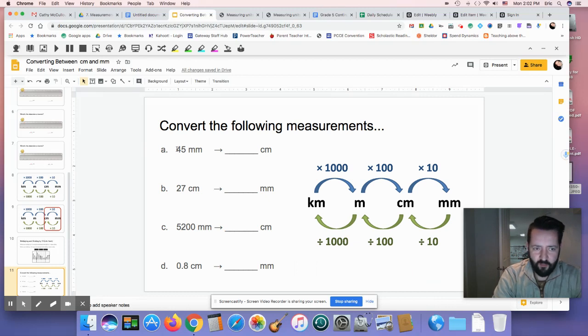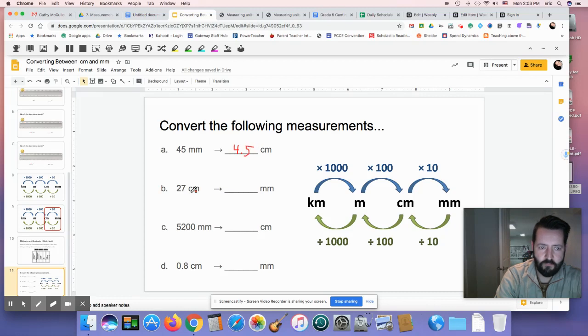And in this first example, they give us 45 millimeters and they ask us to convert that number to centimeters. All right, so here's how we use this chart. We start with millimeters, which is all the way over here on the right-hand side, and they want us to convert it to centimeters. And so the key for doing that is to divide our amount of millimeters by 10. So 45 divided by 10. And what I just taught you on the previous slide is that we can just take our decimal place here, which would be after the 5, and we can move it to the left one place value. So that would plunk it right in between the 4 and the 5. So the answer there would be 4.5